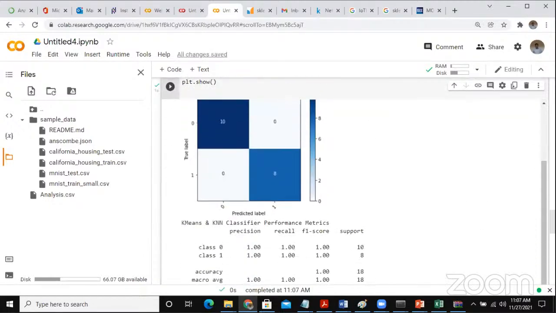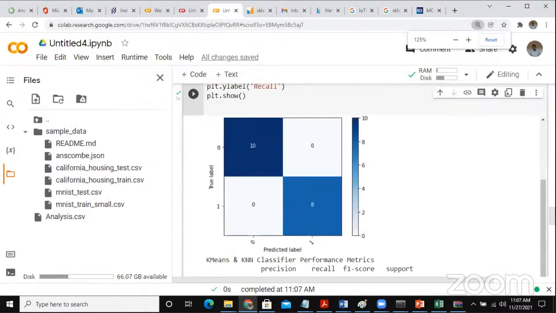Now, if you can see the output, this is the confusion matrix. The confusion matrix says that it is a plotting between class labels, showing whether the class labels are properly classified. For example, if you take class label 0,